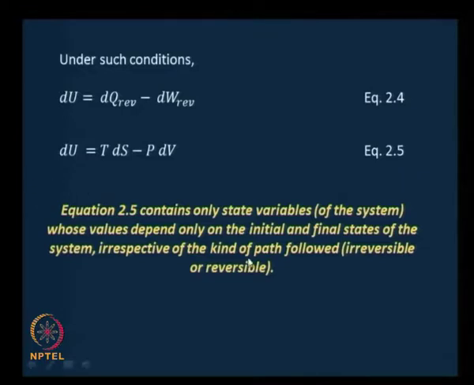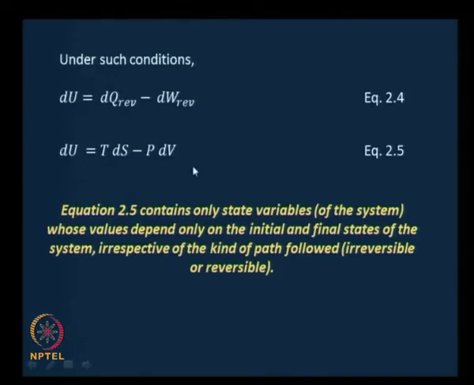We also recognized that this equation 2.5 contains only state variables, U, T, S, P and V, state variables of the system, whose values depend only on the initial and final states of the system, irrespective of the kind of path followed to reach state 2 from state 1. And therefore, we had used some reversible process arguments to get at this,